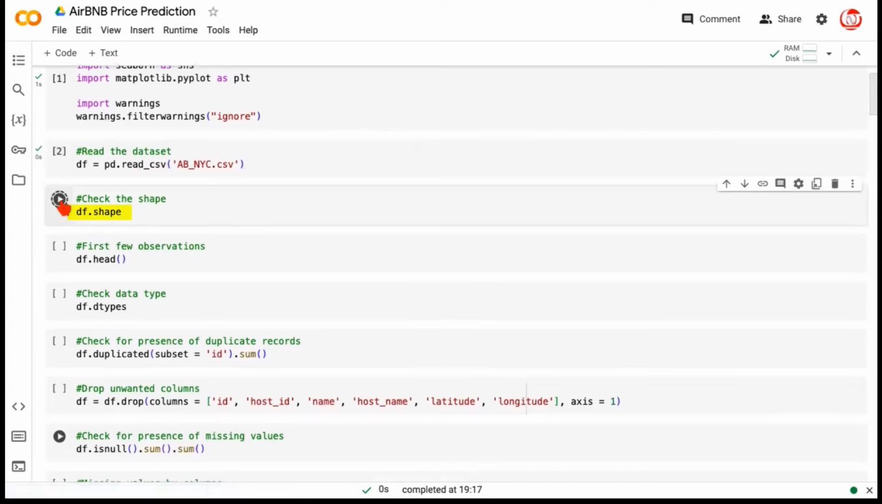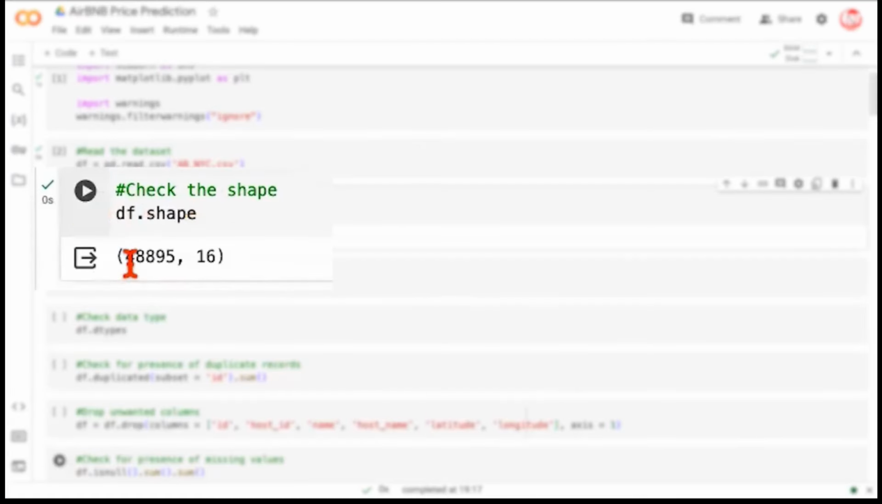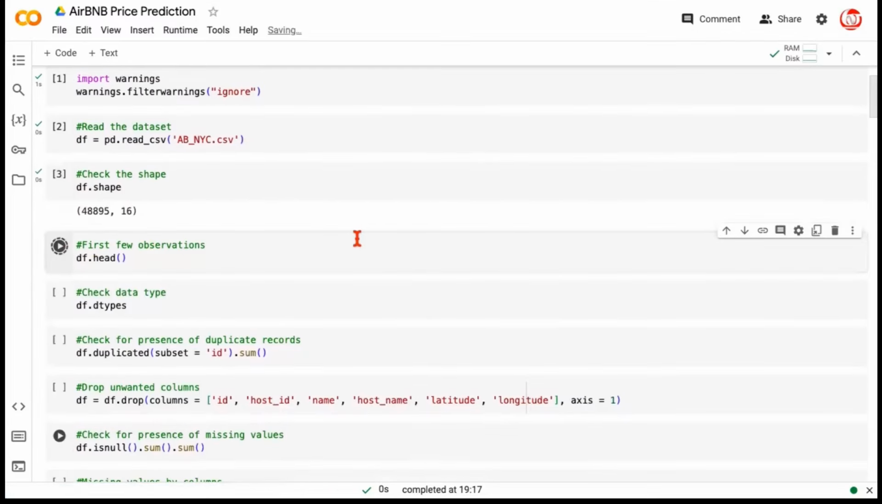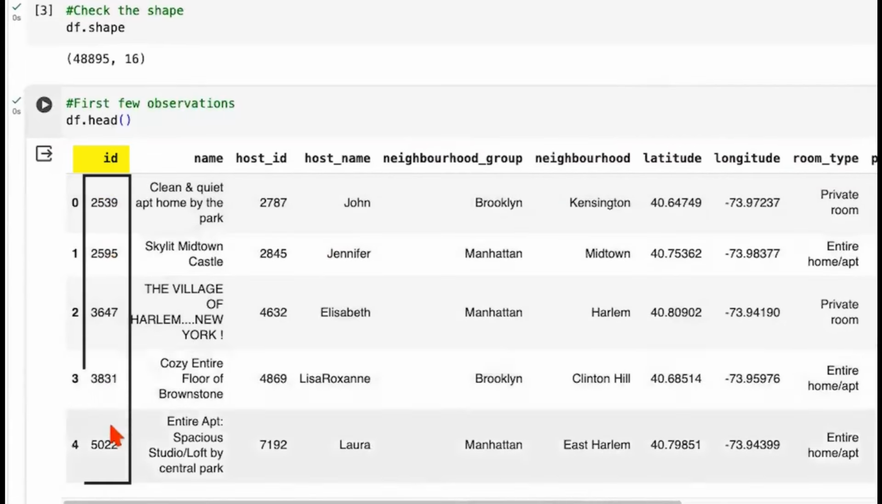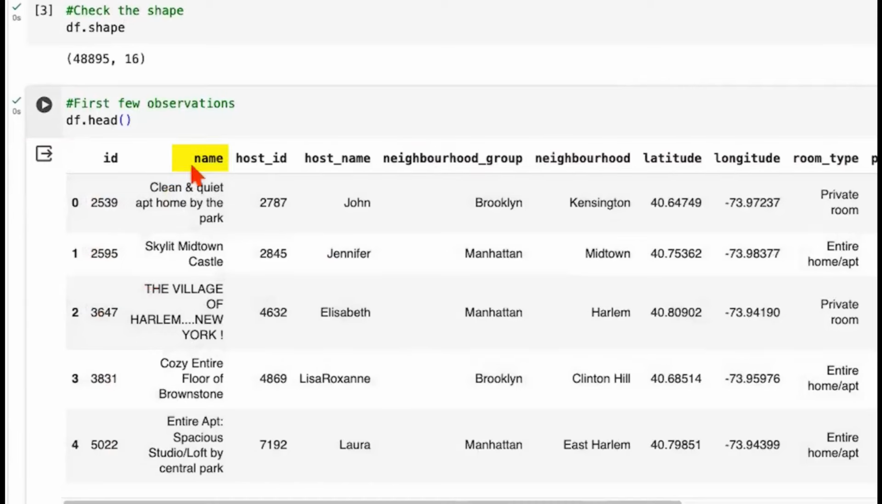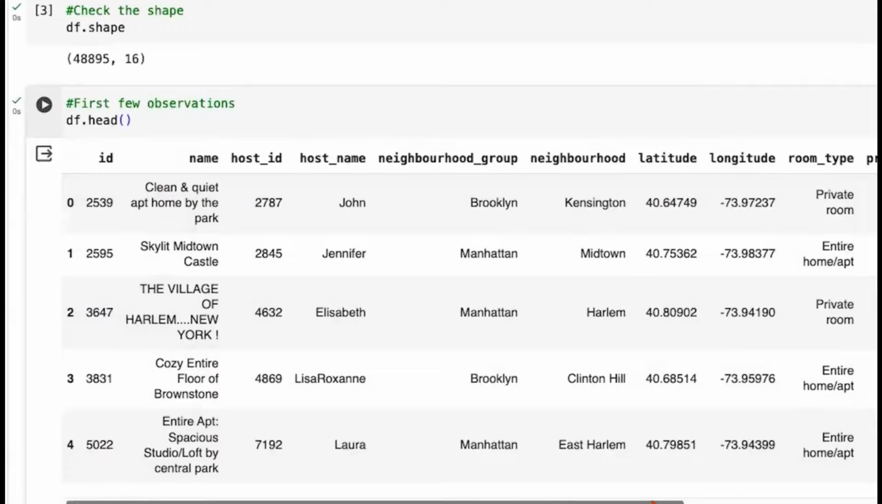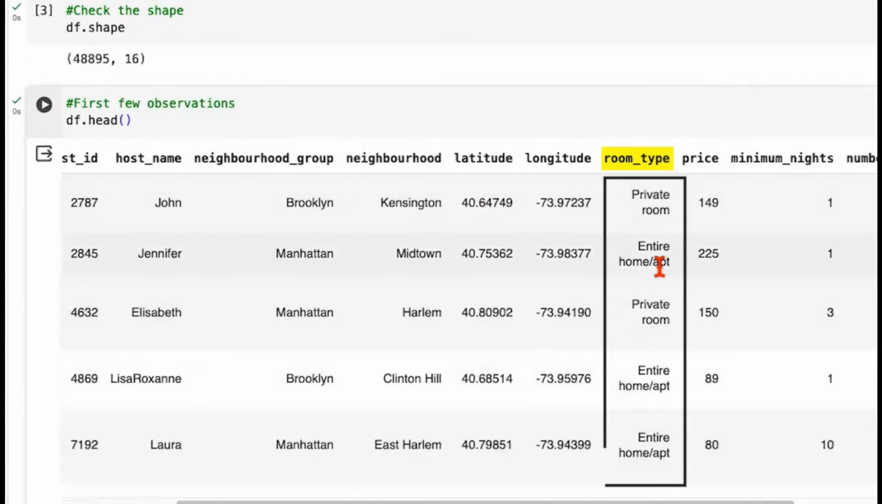Let's check the shape of the data frame. So this dataset has about 48,895 rows and 16 columns. Let's quickly check the first few observations. We seem to have an ID column, which essentially identifies the listing. Then we have a name of the property. Then we have a host ID. Then we have a host name, neighborhood group, neighborhood, latitude, longitude, room type, whether it's a private room, entire home,